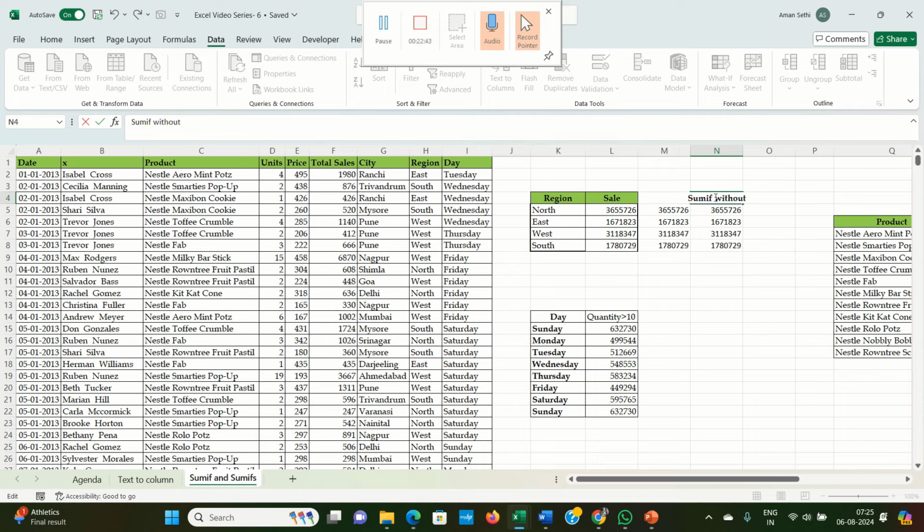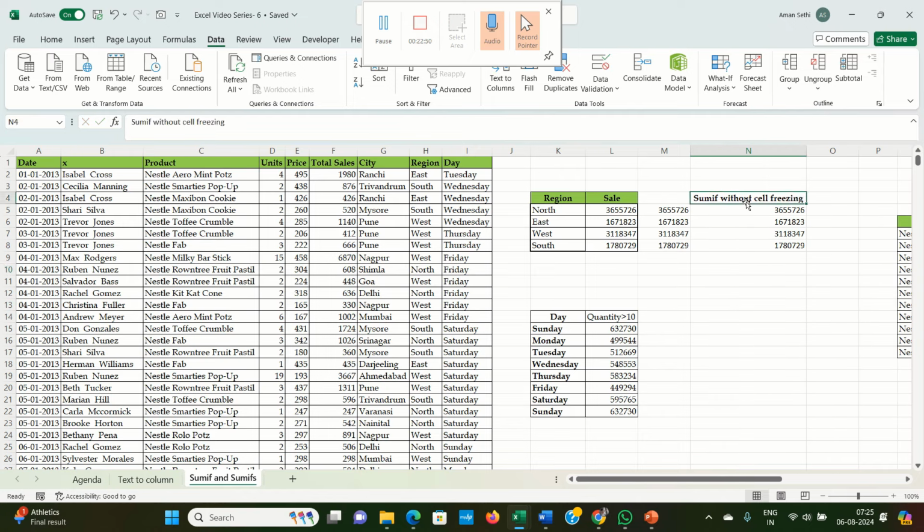without cell freezing. Okay, so I explained the sumif function without freezing any cell, right? Here we haven't frozen any cell. Now here I have already frozen the K column. In case we have to move the formula towards the right, restricting to the condition that we have put, right? So sum function